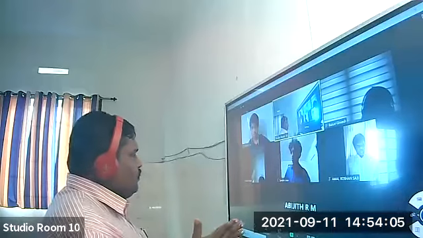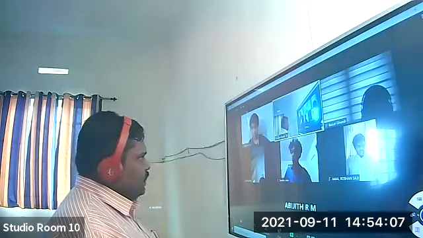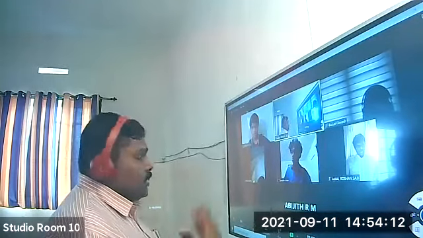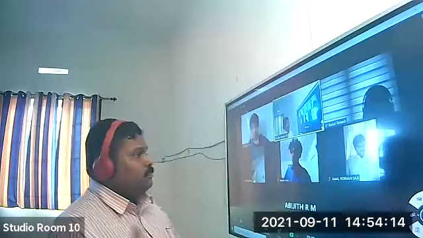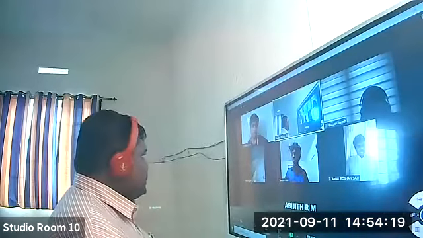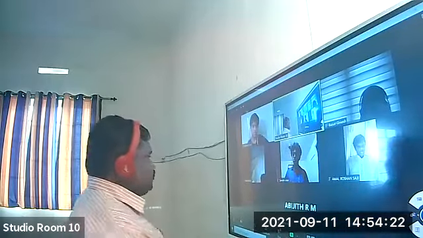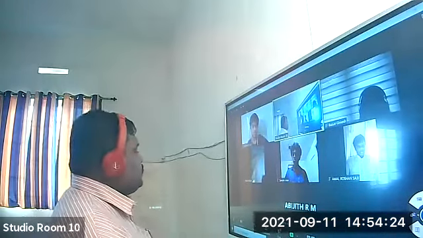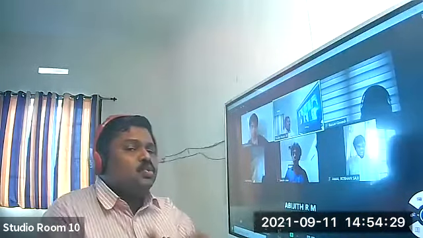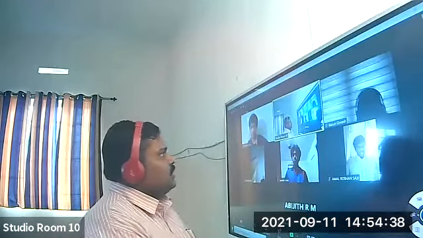So, different people with different skills. Clear? The skills of each and every individual are not the same. Some people are able to sing songs, some are capable of dancing, some are very good in cooking, some are very good in writing essays. Some are good in speeches, like that. Various people with various skills are there. Clear? If the government insists that people do only one thing and no other things, then there is no right for the people to choose. Clear or not? There are no rights.